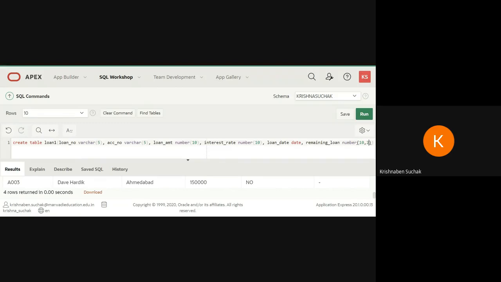Here 10 is the length and 2 is the decimal. For example, if remaining loan is 100.50, it will accept up to 2 decimal points. So here we are creating table loan1.